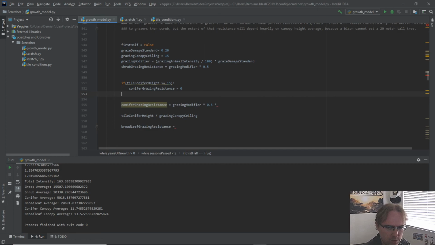I think that should work. Grazing resistance, top conifer height, grazing ceiling. Otherwise, we just do the